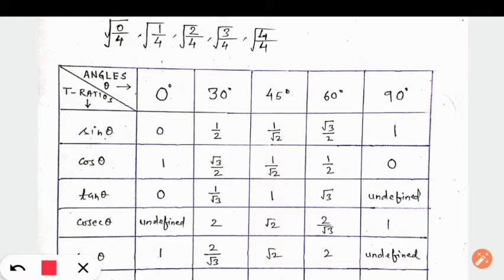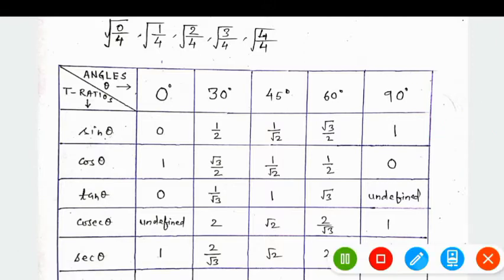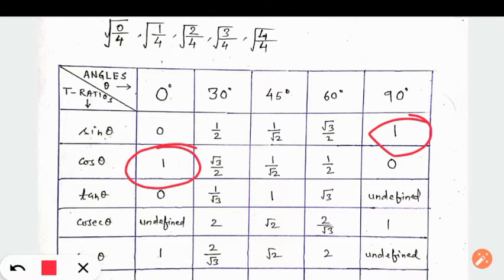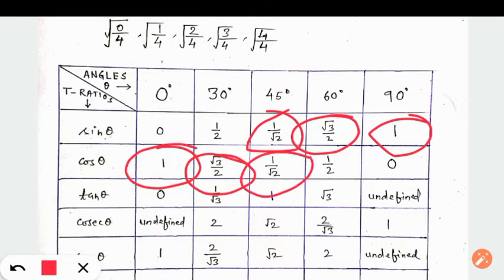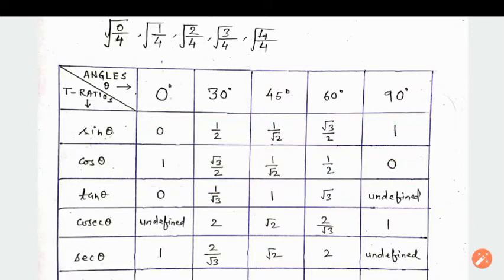Okay, so the value of cos is just the reverse of sine. If I put a mirror here, suppose we have a mirror like this, in the mirror we will see this root 3 by 2 here, and since this one is in the middle, we will see this one here. 1 by 2 will become here, and 0 comes here. So we got the values of cos 0 degree, 30, 45, 60, 90 degree with the help of sine, just reverse of that.